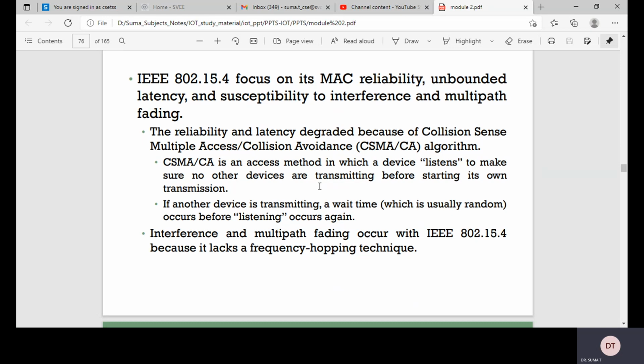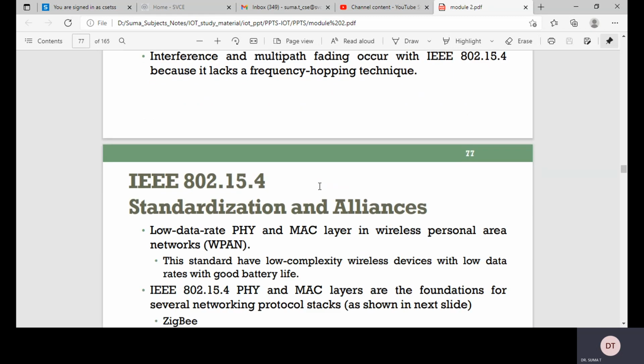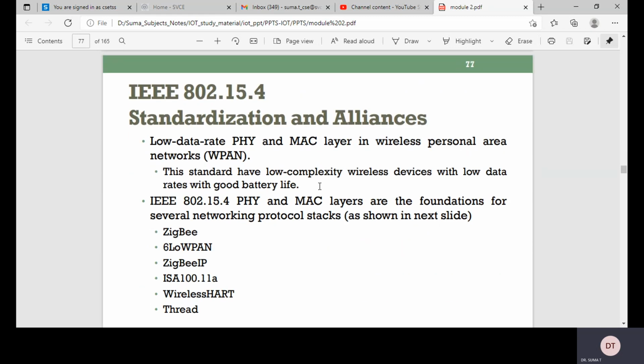So now the protocol stacks utilizing the low data rate MAC, the physical and MAC layers for wireless personal area networks. This standard targets low complexity wireless devices with low data rates and good battery life. The 802.15.4 PHY and MAC layers are the foundation for several networking protocol stacks. So in the protocol stacks utilizing this